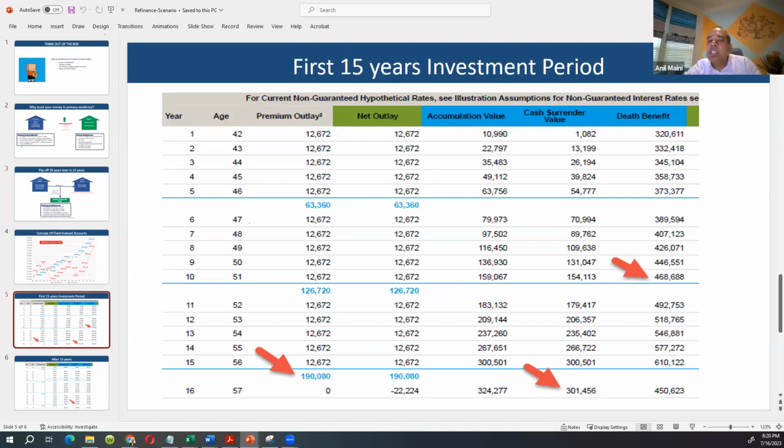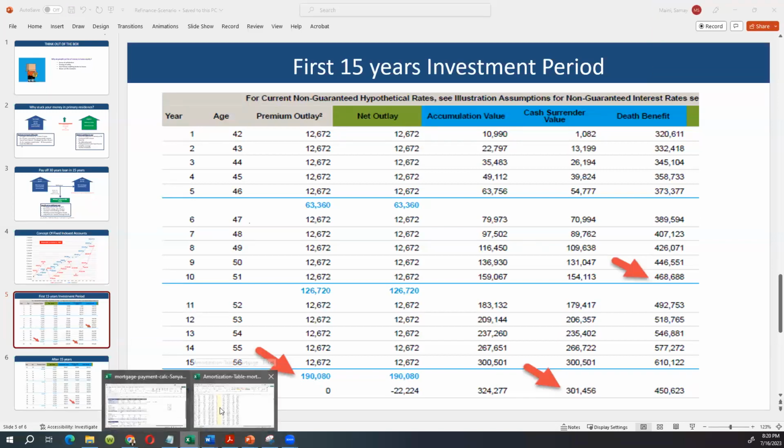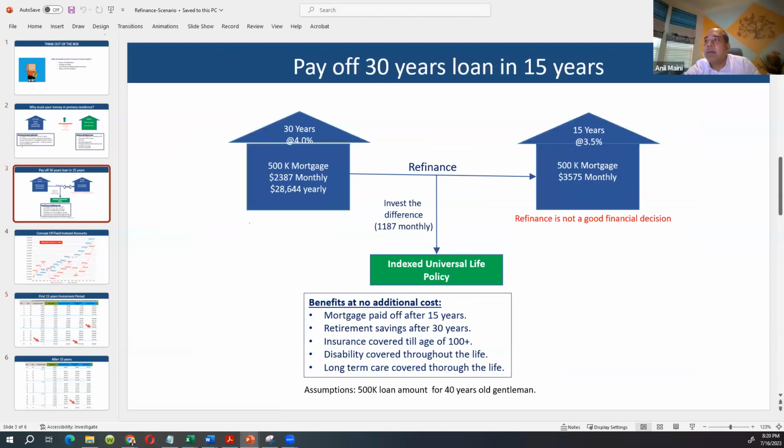Let me answer some questions and then we will run a real scenario in front of you based on today's numbers. What we are advising is that he takes a 30-year loan. Then, instead of taking a 15-year, take the difference and educate him to do IUL. That is the strategy. So understand the strategy first. We will run the exact numbers in front of you based on today's rate, and I will run a North American illustration right now. Any other questions about the strategy first?